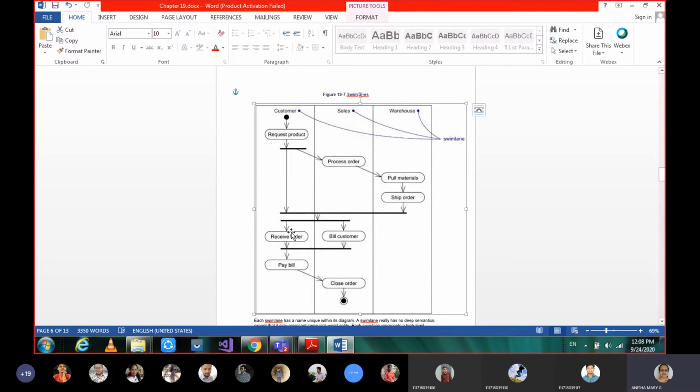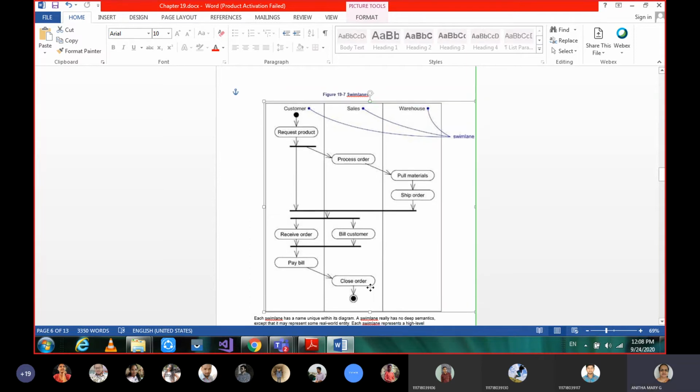So that is the flow of the customer. Whereas sales, with respect to the system, what the salesperson will do is, whatever request is made, that request is taken care of, and he will process that. Processing of the bill he will take care of, and once he pays, he will close that order. So that is one lane we say.